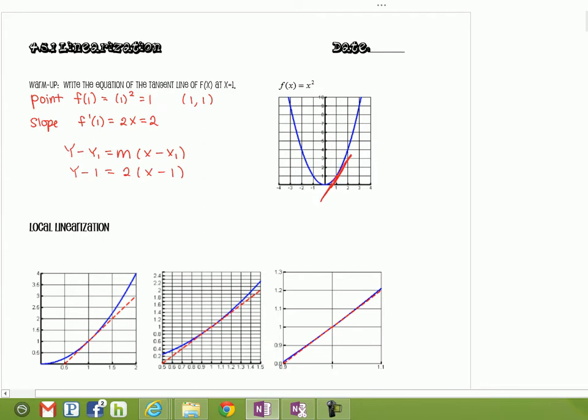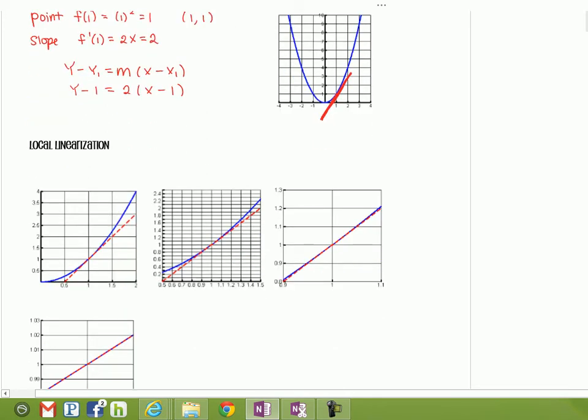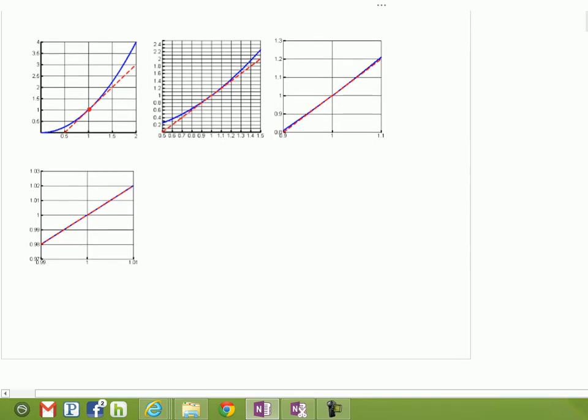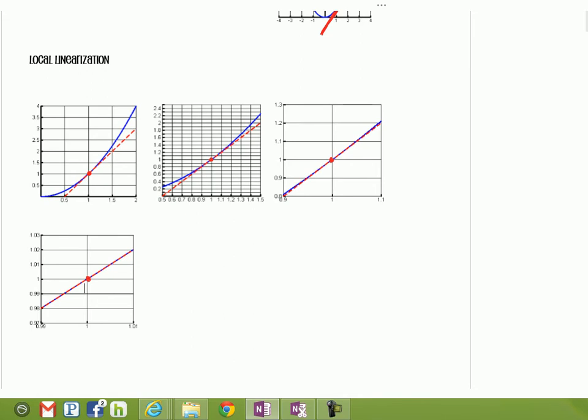So I'm using red purposely, and I use the blue function also purposely. If you look at the curves underneath here, you'll notice that it's actually all the same function, x squared. I am looking at x equal to 1 at all of them. And then the graphs actually look different, but they're not. So what I did was I essentially just kept zooming in, zooming in, and zooming in. And what happens is, because I zoomed in so much, the curve appears to look exactly like the tangent line. And that's what local linearization says. It says, essentially,